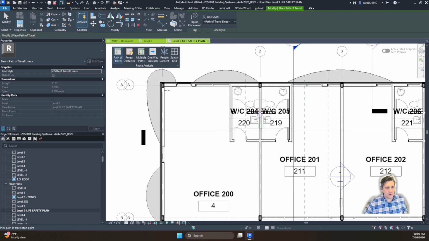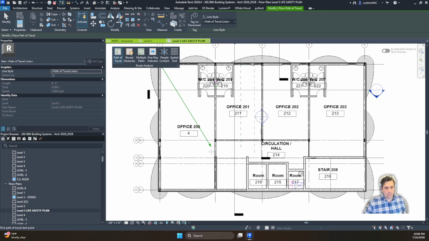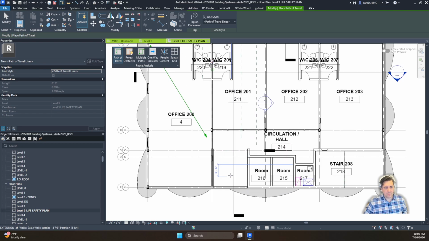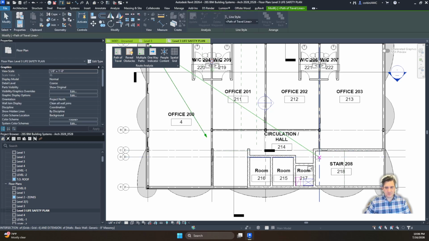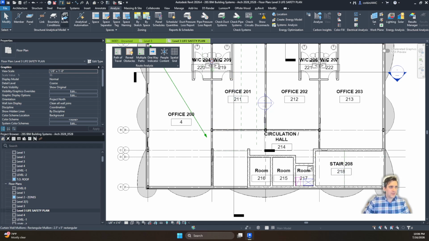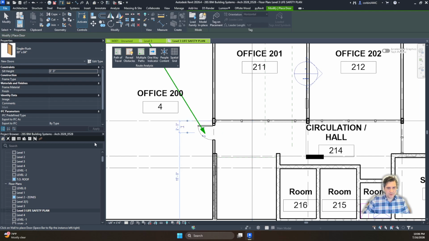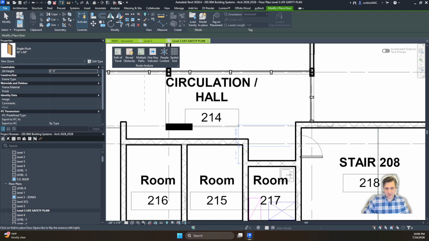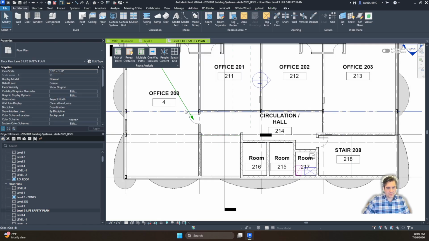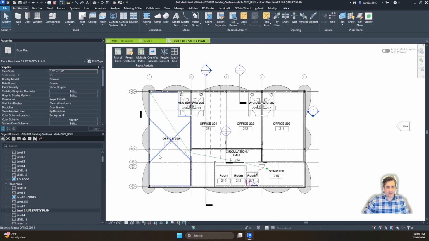And typically when we're doing travel distances, we want to go from one point to another. And in this case, we want to go from here, and we really actually want to go all the way to our staircase. And here it's actually not able to find a route because there is actually no doorway. And so let's do that. So let's go and add a door in here. And so we'll add a door like this, and we'll add a door into this staircase because we actually never did that either. And so now we should be able to drag our arrow over, and it'll automatically bend this